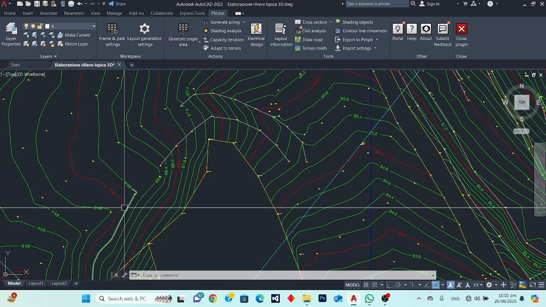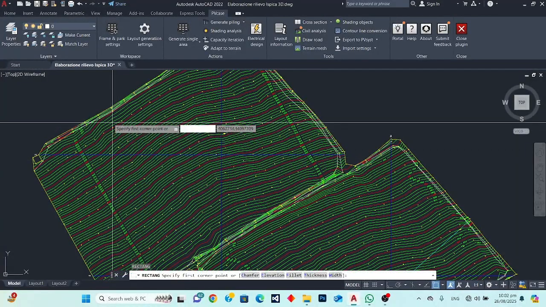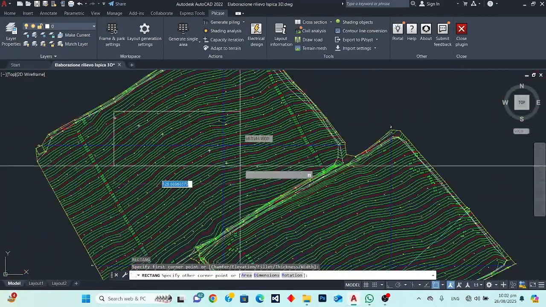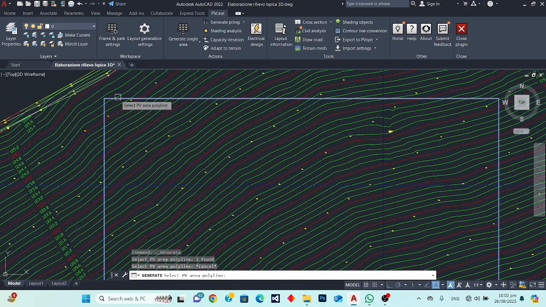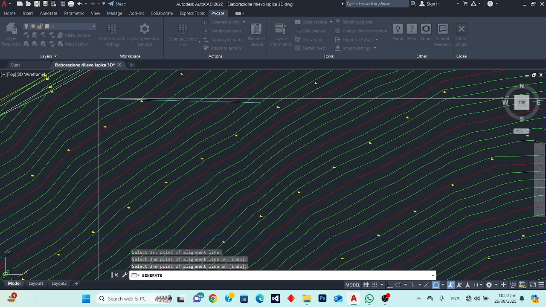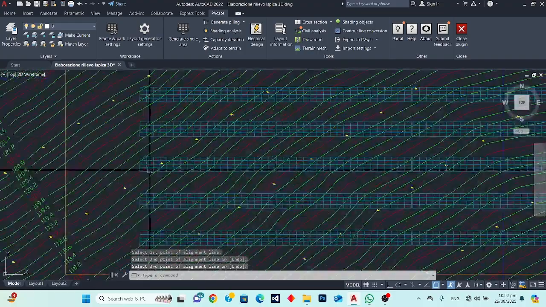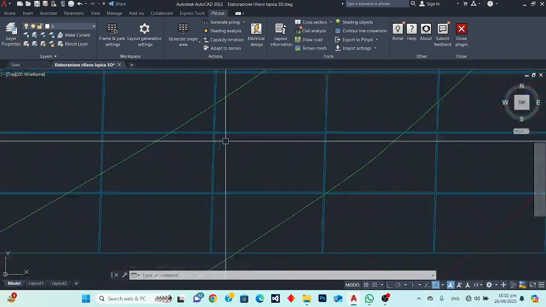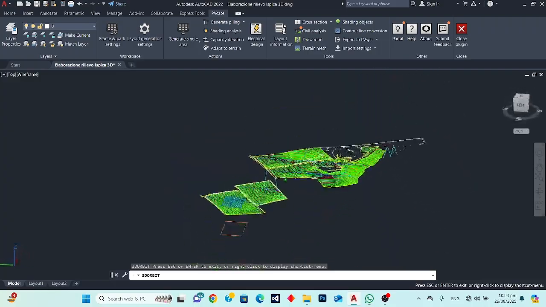First of all, we will create a rectangle in that direction. So here we will go there and generate the layout. You can see that the layout is placed on this contour data. Now when we give the orbit command, you can see that